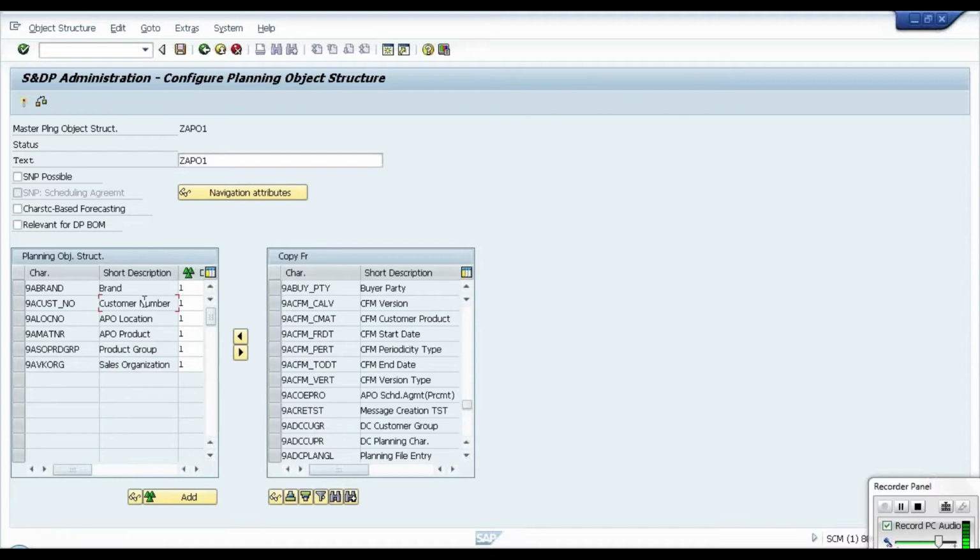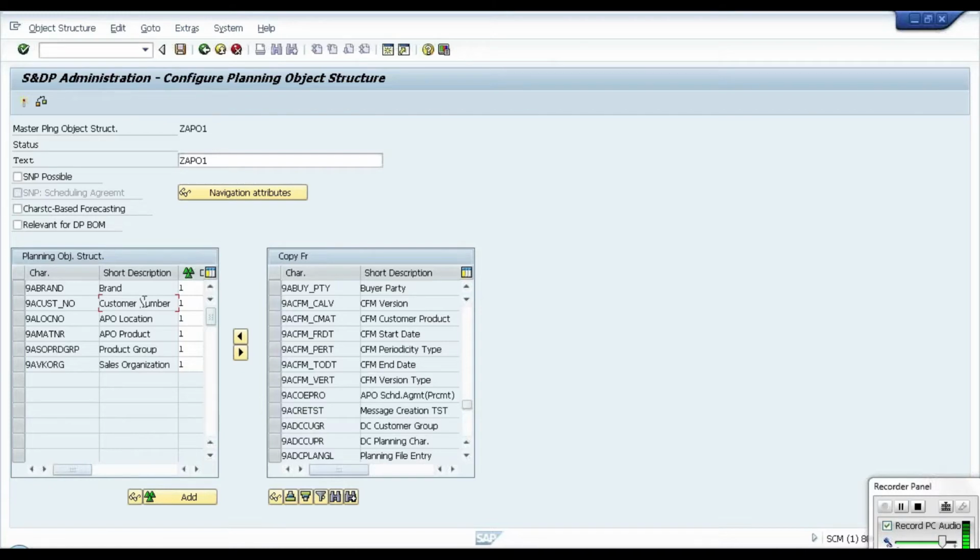All these characteristics, the planner will give us these characteristics, right? Yes. Say for example, if you take any company, how they will differentiate their products, like first a product line and a product group. If you see at the higher level, the product lines might be 10, and in product line A we have product group A, product group B, product group C, like that we have differentiators. And again in product group A, brand 1, brand 2, brand 3, again we have the differentiator. In the brand also product A, product B, product C, like that the product hierarchy will be there.